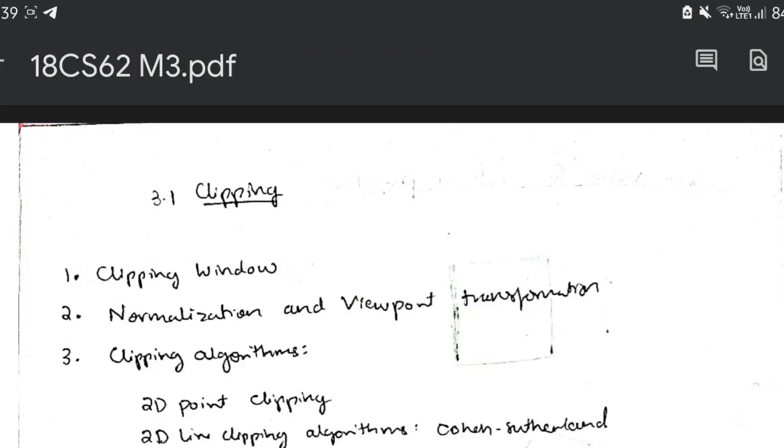Hello everyone, today in this video we'll be discussing the third module of CG, which is regarding clipping. We have three chapters in it. Let me give you a brief overview of this module and what you need to focus upon,